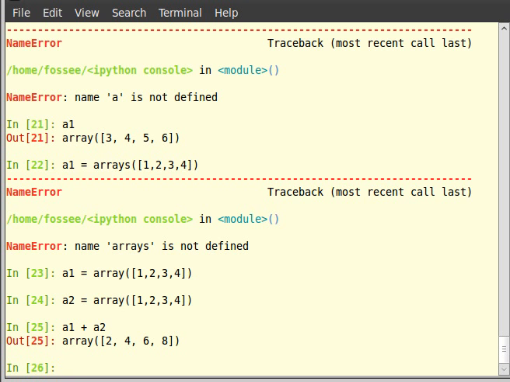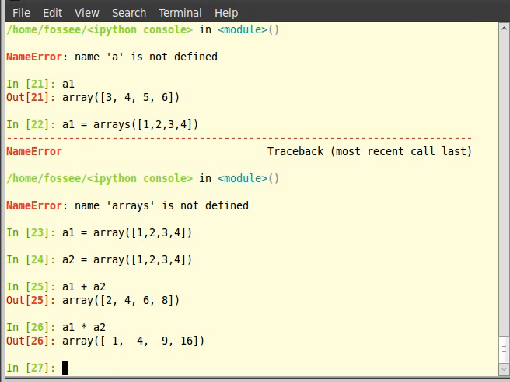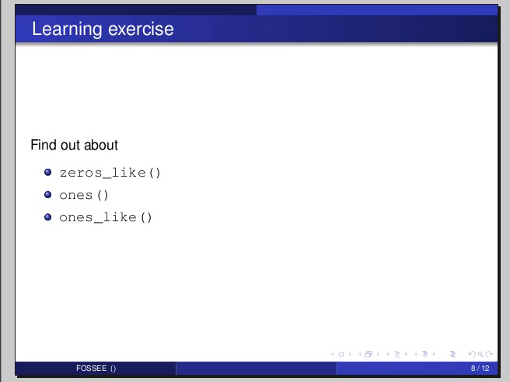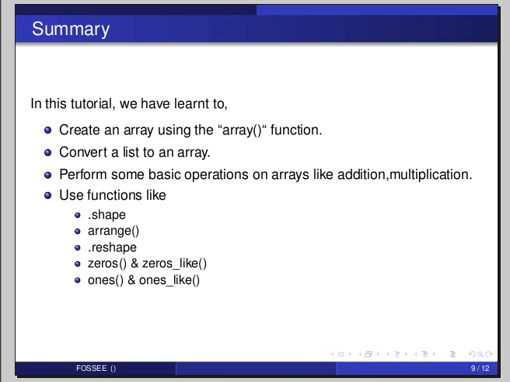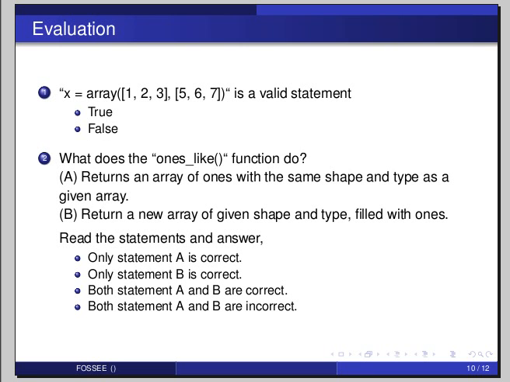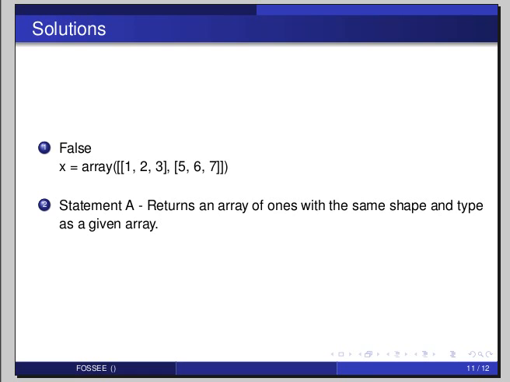Try the following. First, check the value of A1. We see that A1 is a single dimensional array. So type A1 and hit enter. Next, now try A1 * 2. So type A1 * 2. It returned a new array with all the elements multiplied by 2. Now let us again check the contents of A1. Note that the value of A1 still remains the same.